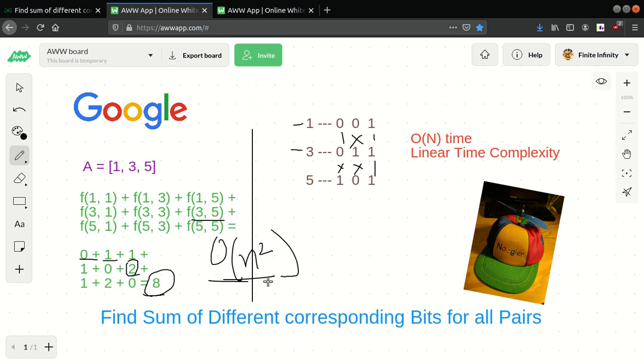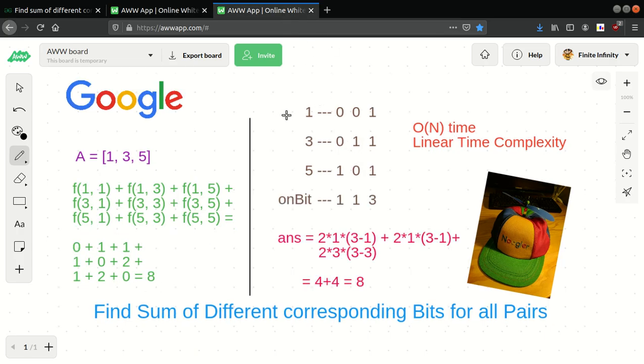But what we are going to do is solve this in linear time complexity. If we calculate all possible pairs, then our time complexity will be O of n square. So we have to leave that and think of another solution.